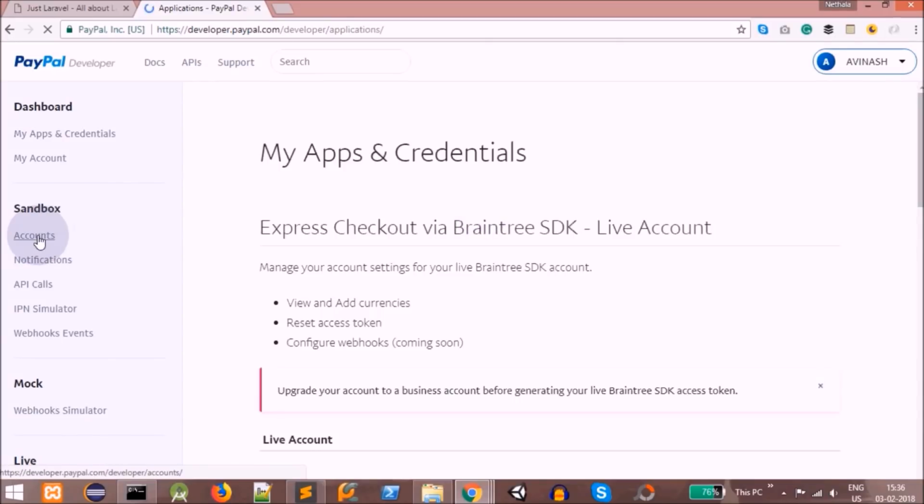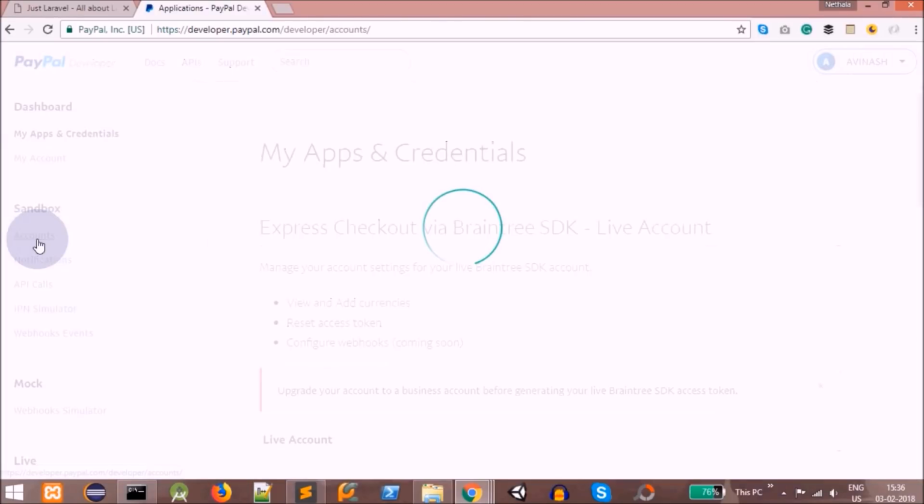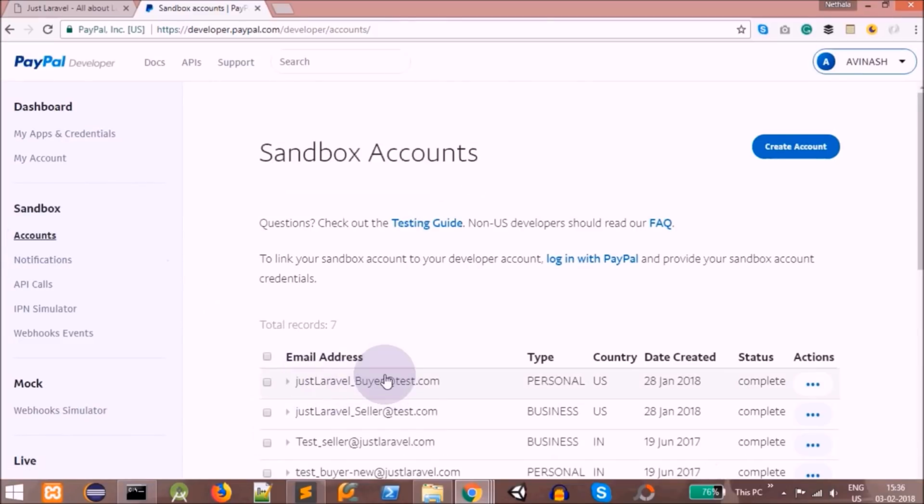You can see here under Sandbox there's an icon called Accounts in the left corner. Click Accounts here, and you can create two accounts, that is a buyer account and a seller account. You can already see I have these two accounts. This is just Laravel buyer @test.com, and this is just Laravel seller @test.com. These are the two accounts I created. In order to create one, just click this button here in the right corner,